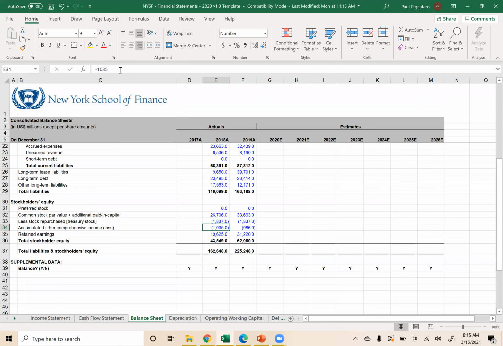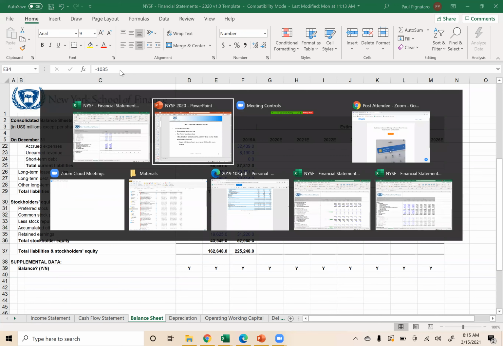Now, we didn't talk about this in the slide, but this is very important. I see it in almost every company now. This is very similar to retained earnings. Retained earnings is the net income in the business that flows into here. Accumulated other comprehensive income or loss. These are, if you remember,